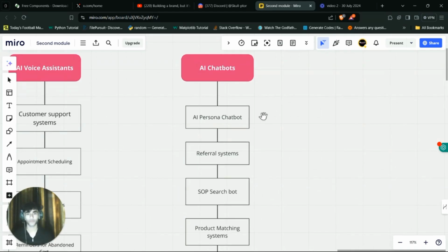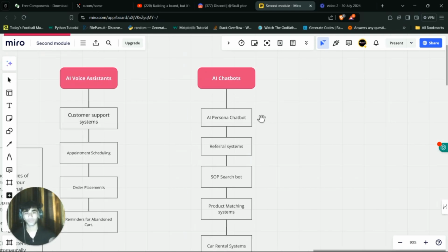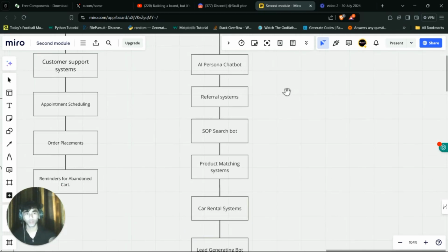Next comes in referral systems. Now this is when the chatbot has already talked with your customer, and then at the end of the conversation it asks for referrals, that if you have enjoyed the conversation we just had, we would really appreciate if you refer our business to your friends, and you would gain certain bonus and they would get certain bonus, and overall you get a lot of benefit of that.